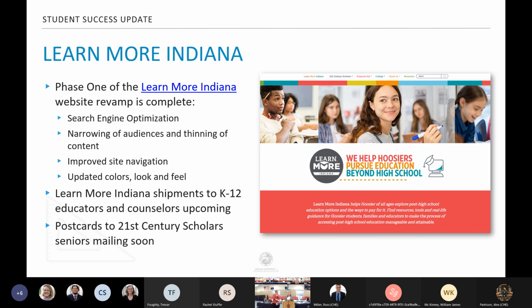It provides people with information about different pathways to higher education, financial aid options, support for 21st century scholars. And honestly, it's a less government-y feeling website than the commission website. As you all know from the Ed Value research, the government is seen as a not so trusted messenger. So this is friendly, accessible,